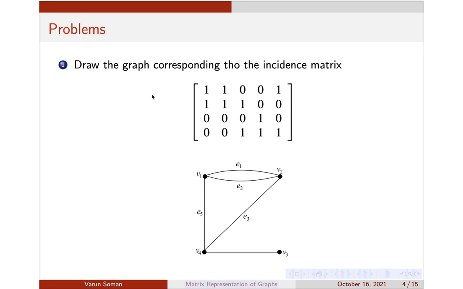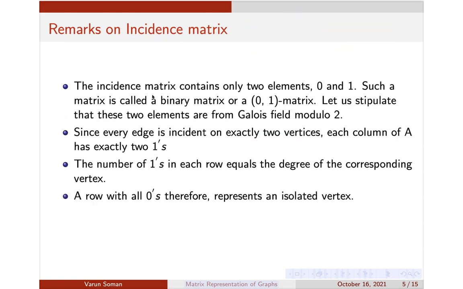So a very simple way to prove isomorphism, instead of the long procedure we studied before, is that first you write down the incidence matrix of the first graph, write down the incidence matrix of the second graph, and show that one is obtained from the other by just changing the rows or columns. If you can do that, it means that the two graphs are isomorphic. So that's one very important result we can obtain from matrix representation: how to prove isomorphism by just using the incidence matrices. That's a very simple thing.